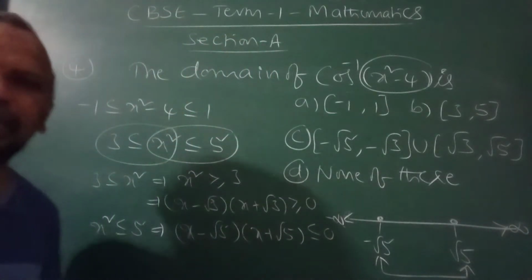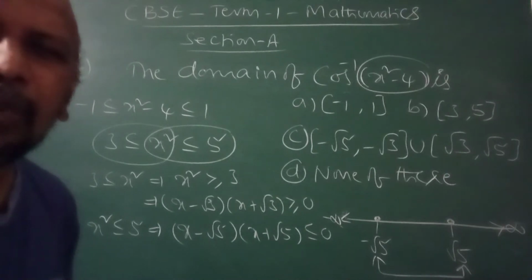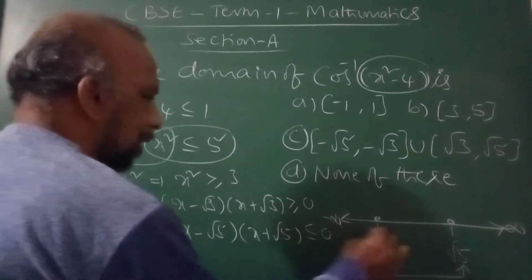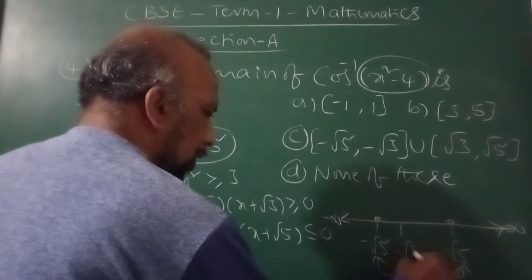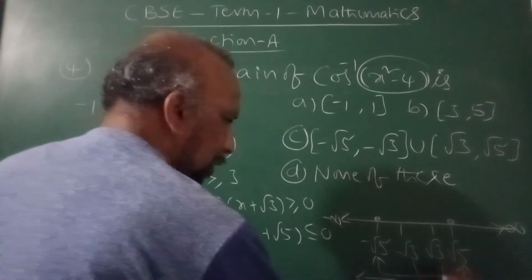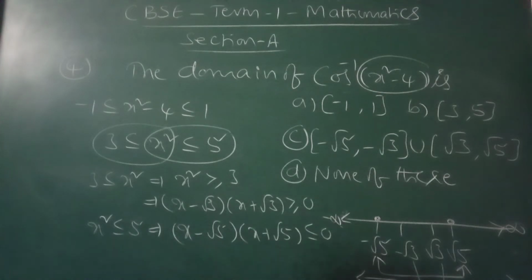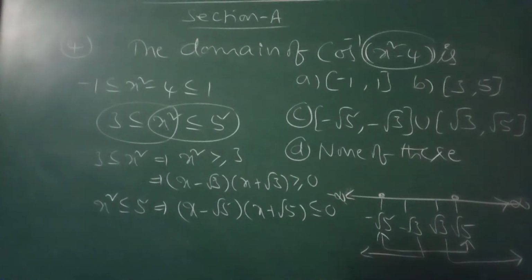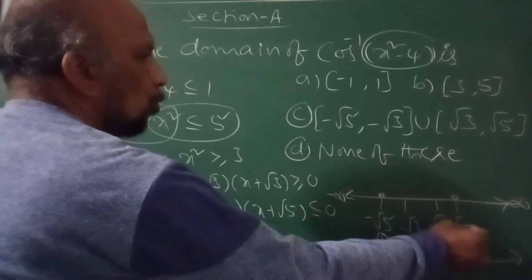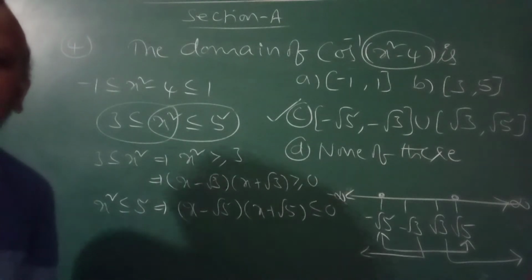I have written the real line, right? Now you can consider in this real line what they mentioned here. This does not lie between. So you can write minus root 3 roughly here, and root 3. x does not lie to the left of this or the right of this, because it does not lie between. So that is the required answer. The common part is minus 5 to minus root 3, union root 3 comma root 5. Then option C is your answer.